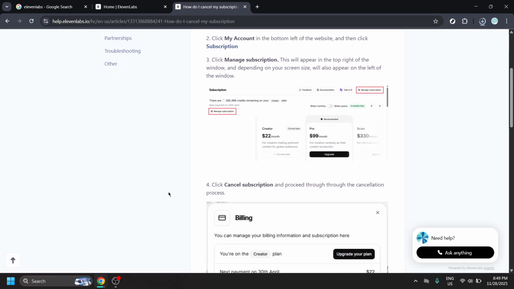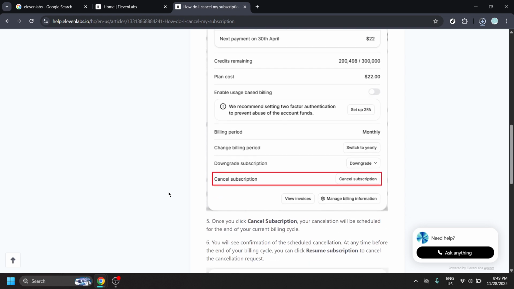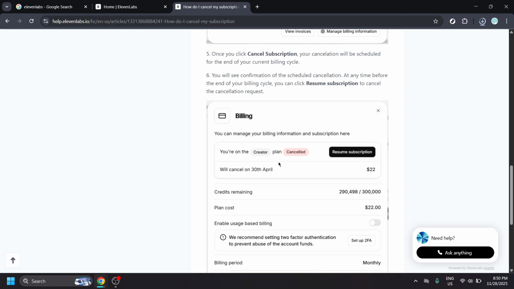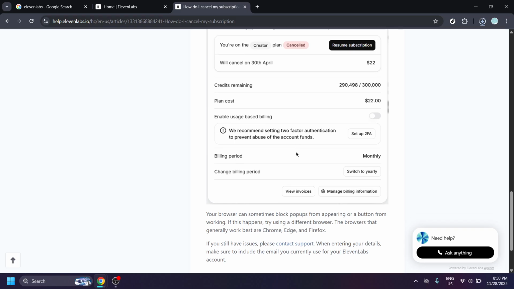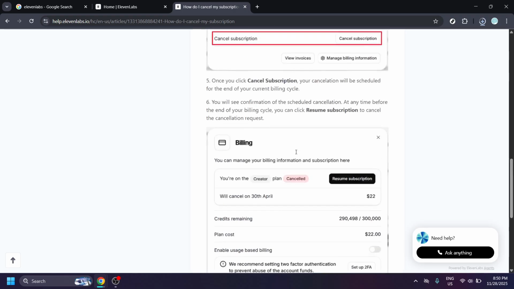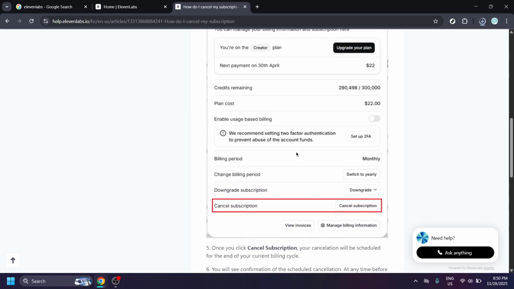Take a moment to scan the results carefully. Look for notes about whether cancellation is immediate or takes effect at the end of your billing period, and whether annual versus monthly plans behave differently. Check for details about refunds or prorations, as providers often specify that cancellations stop future charges but do not refund the current period. If you subscribe through a third-party app store, the article usually points you to that store's cancellation